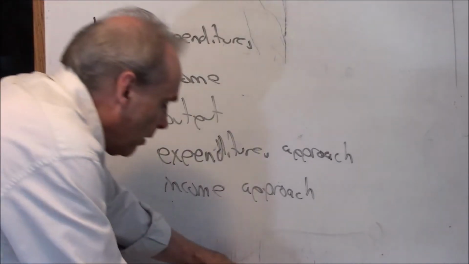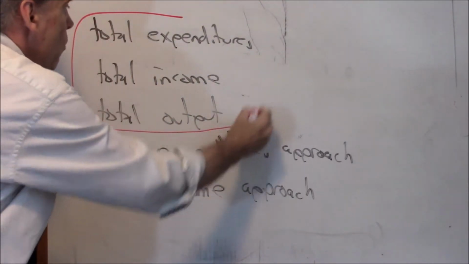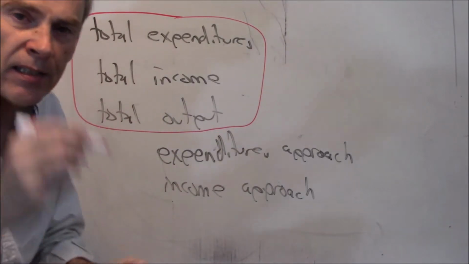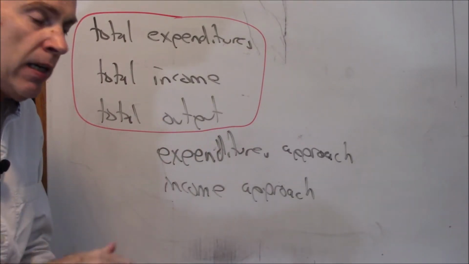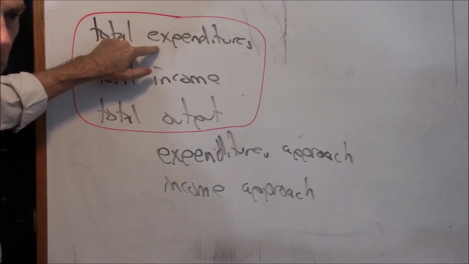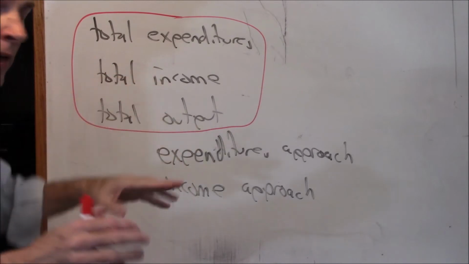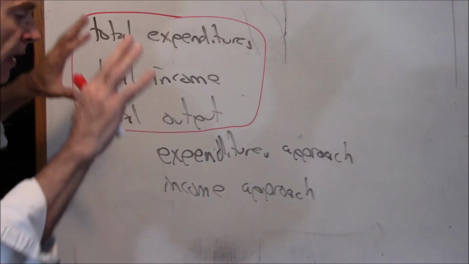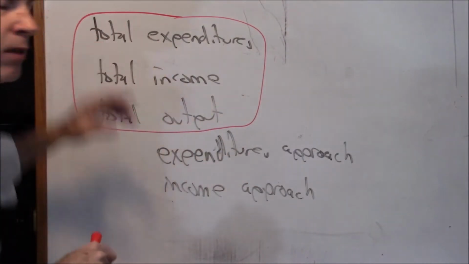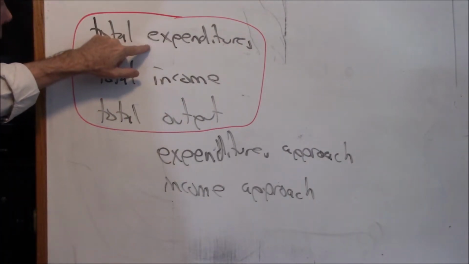In fact, these are simply three ways of looking at the exact same transaction. Every individual transaction generates a number that's called expenditures, which is when you spend the money. Every single one generates income. It's the same transaction. It just depends on which side of the register you're standing on. If you're standing on the non-cash register side, it was an expenditure.